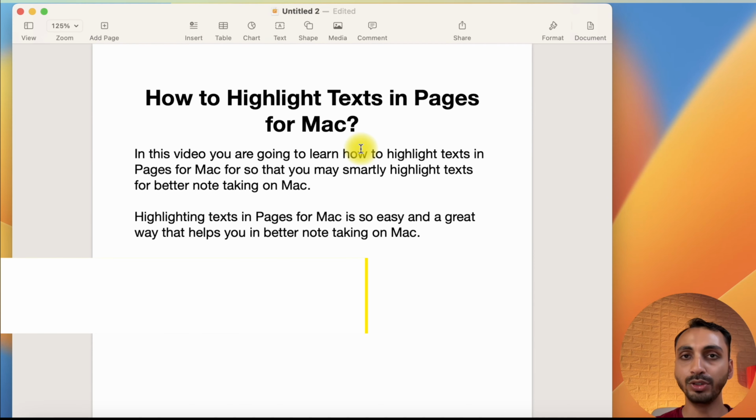So here I have got a Pages document and it has some text as well that I want to highlight. Let's suppose I want to highlight this text. So I'll simply select it and I'll select the entire text that I want to highlight. And once that is selected, in order to highlight this, what I need to do is I need to simply